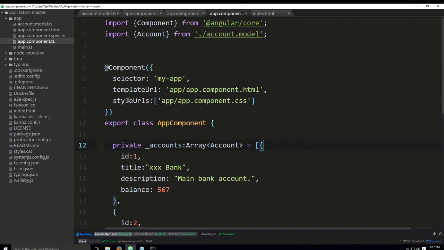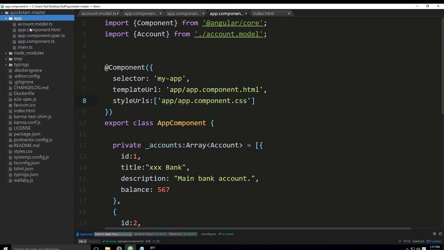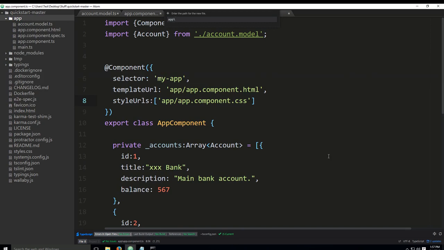So the very first thing that you need to do is to go into app.components.ts and type in styleUrls colon and then type this in. Now we are specifying a path here to a file which at the moment is non-existent. So what do we need to do? Well, simple enough, just go ahead and create the file. So right click on app, new file, and in the top center you will get a prompt where you will type in